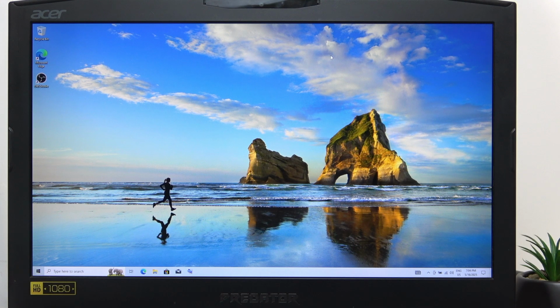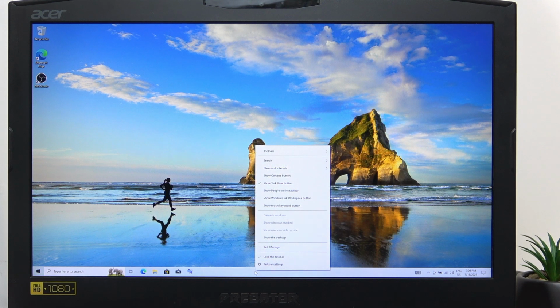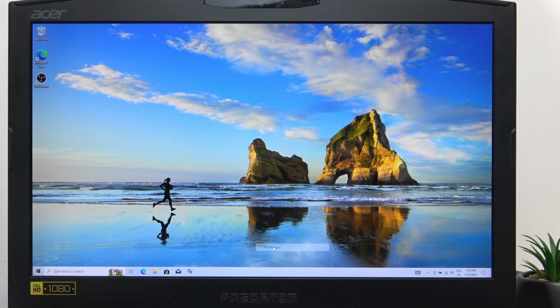Hello, in this video I'm gonna show you how many RAM slots the ACER Predator 17 has. If you're thinking about replacing or upgrading your RAM, then first check how many RAM slots your device has, because different ones, even if they're all ACER Predator 17, may be different revisions, and you should simply check in